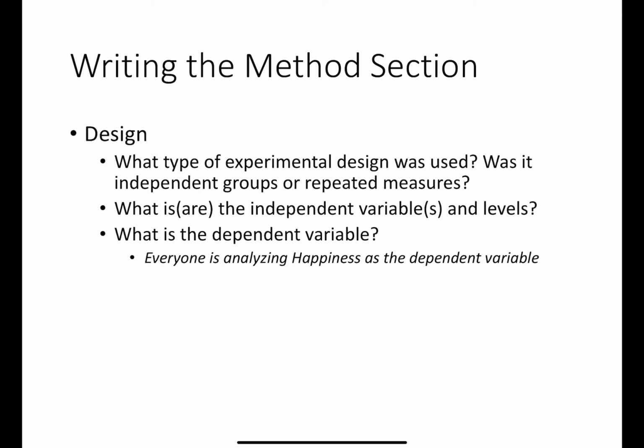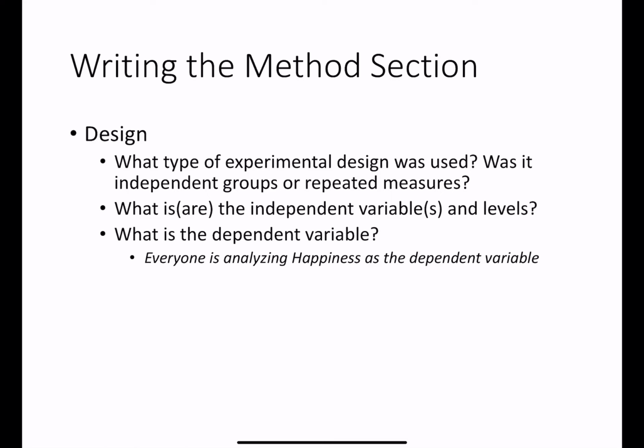Okay, so the next heading will be design. So you need to think about what type of experimental design was used. Remember that we had 2 independent variables. We manipulated the attractiveness of the picture, and we also manipulated the gender. And so you need to describe those 2 independent variables, state what the levels of each was, and you also need to state whether